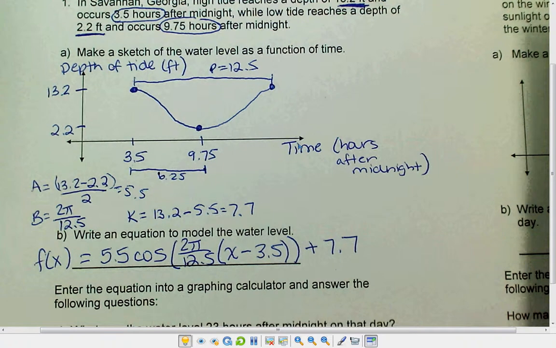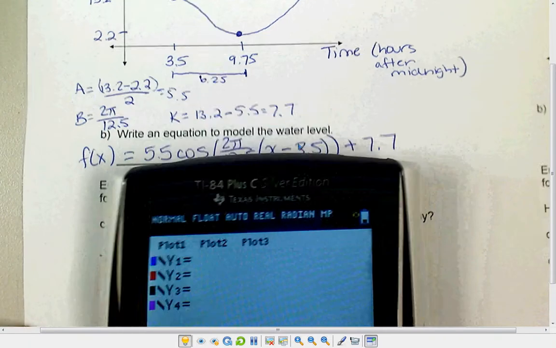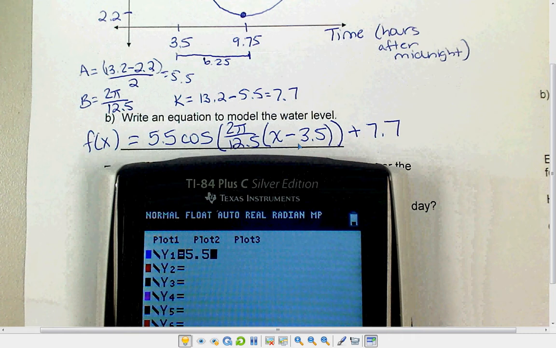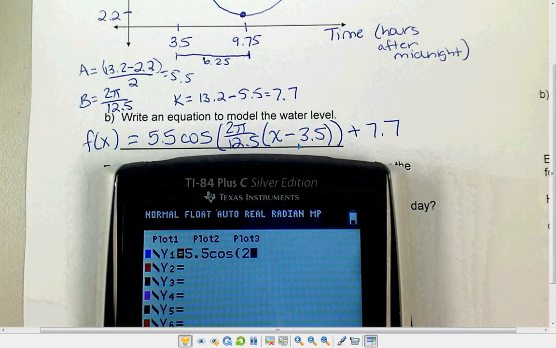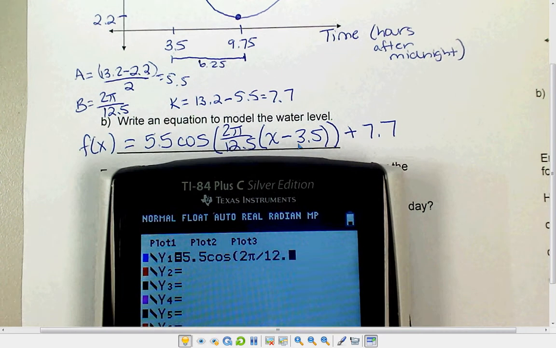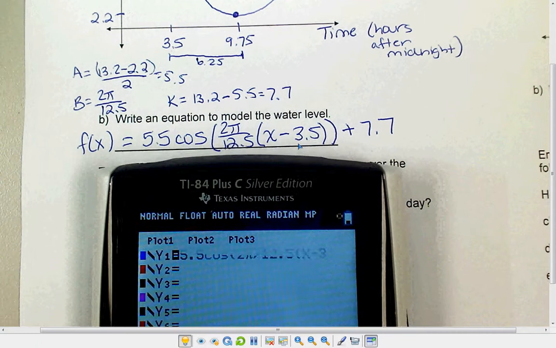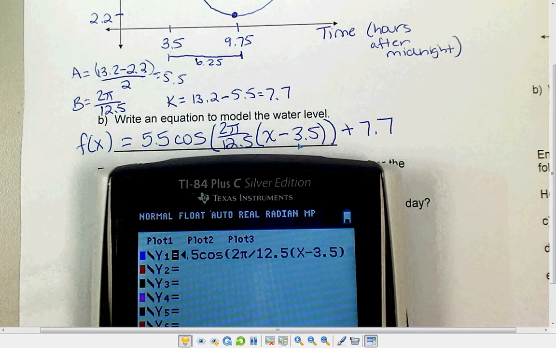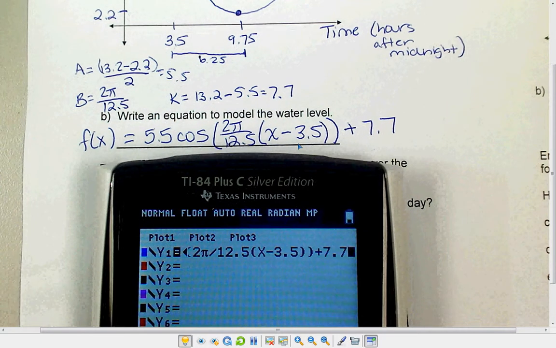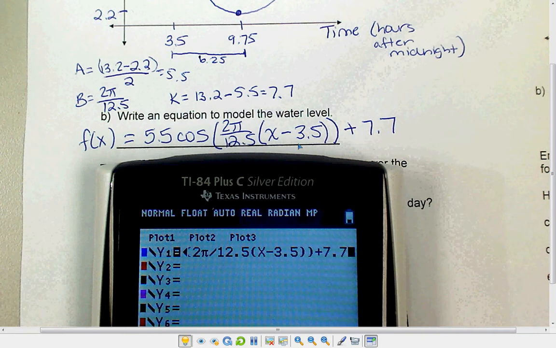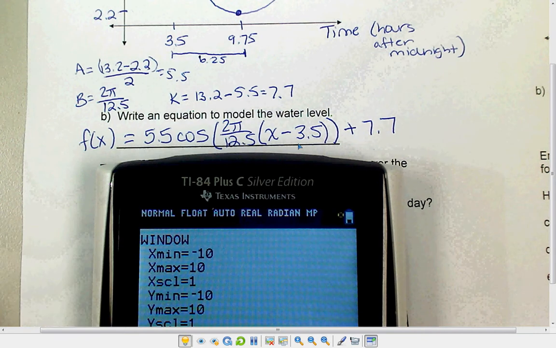So now we're going to graph this in our calculator. So we're going to go to y equals, type this in, be careful with your parentheses. And then we're going to go to window. So on our window,